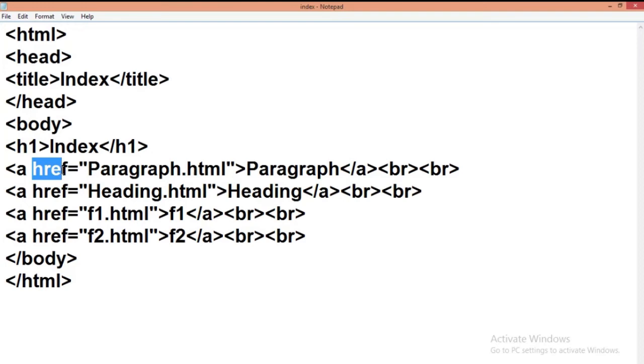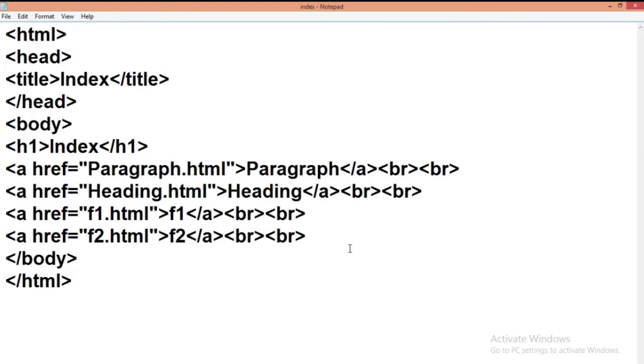It is used when both files are in the same directory. When a file is in a different location, the relative address does not work properly. So for that we use an absolute address,